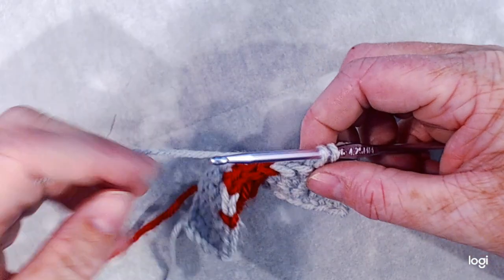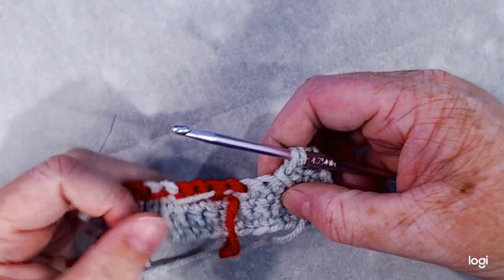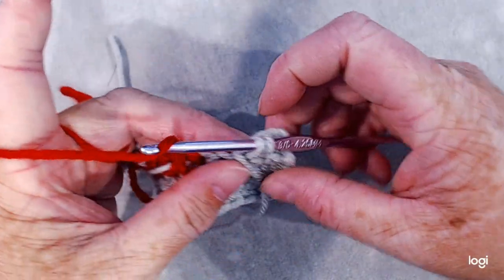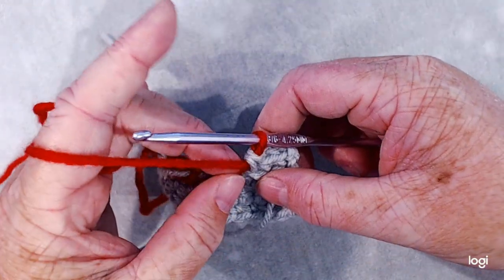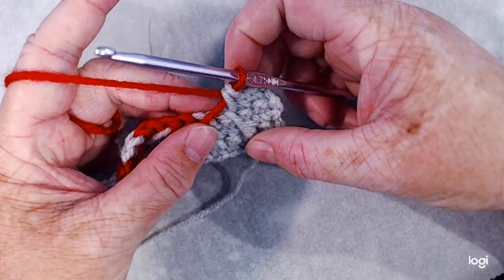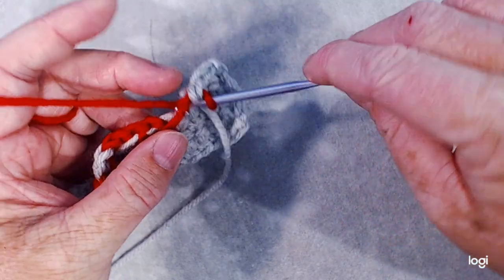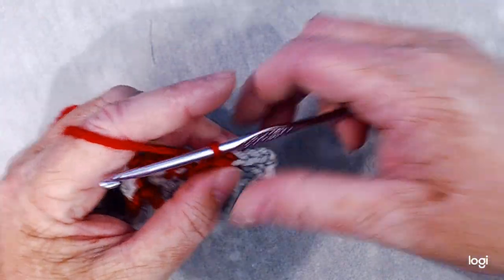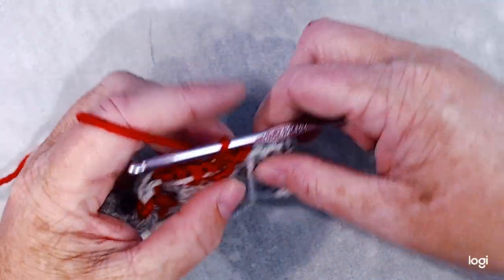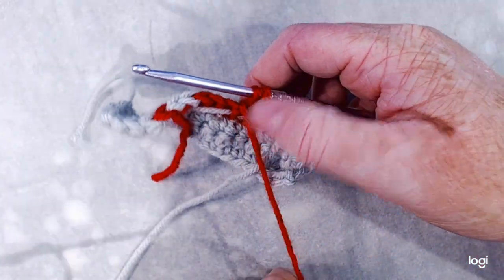Okay, and then I'm going to bring the yarn to the front, and now I'm going to grab the yarn, the red yarn, and finish my stitch. And again, I don't want this to be super tight because I don't want it to pull the work. And then when I work my first stitch, I'm just going to anchor this. Okay, and then the next one's 2 and 3. So again, yarn comes to the front,